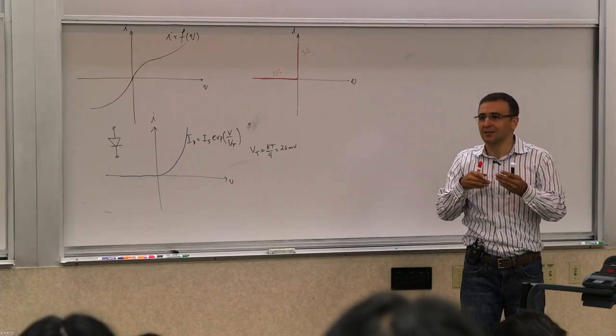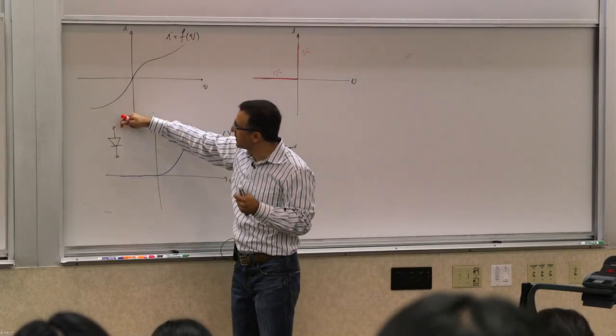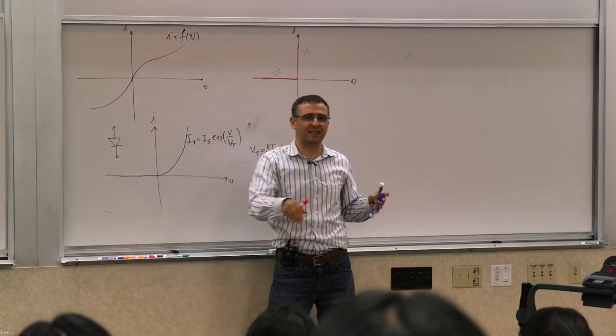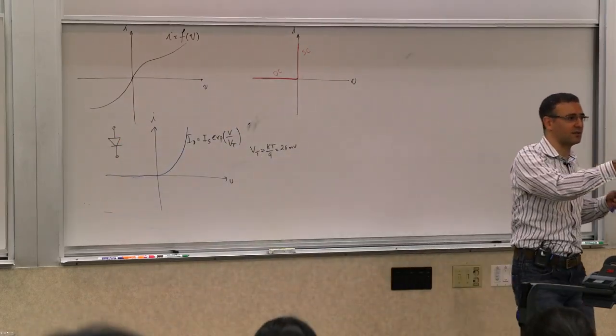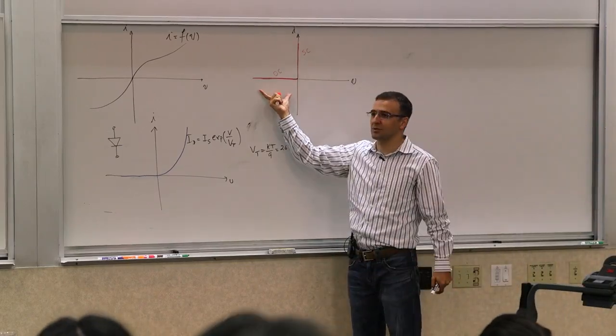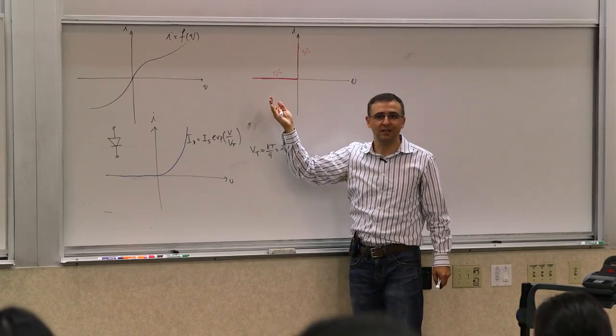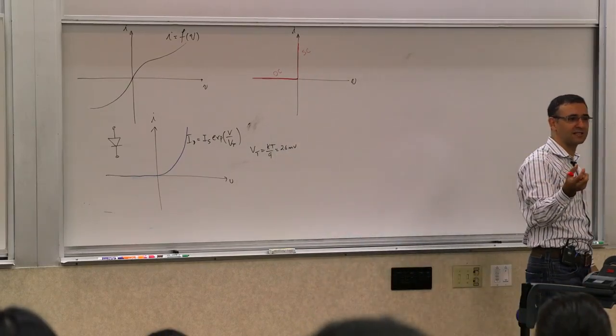valve or something. If there's any current flowing in this direction, it will let it go with no resistance. It's 0 resistance, it's a short circuit. And anything that wants to go in the opposite direction is completely blocked. It becomes an open circuit. This is the ideal diode, right? It doesn't get any more ideal than that without losing its diodeness,